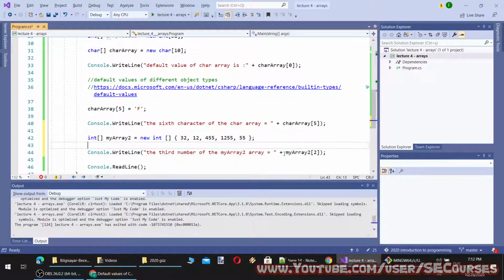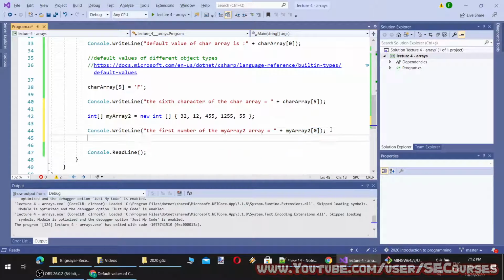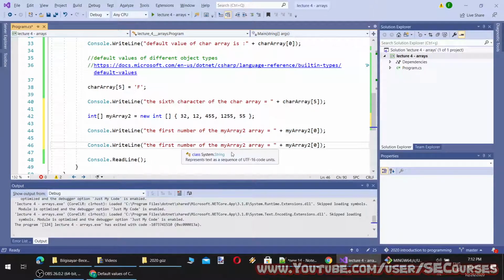You see? So this is number 2 because the index starts from 0. Okay, let's make it first, for example. See, the first character is starting from index 0. Okay, so then let's print the length of arrays.